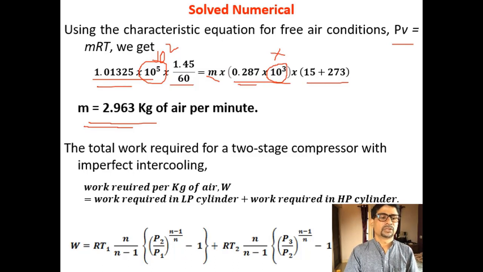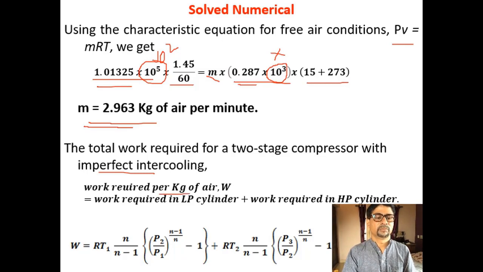Now let us find out the total work required for a two-stage compressor with imperfect intercooling. After the intercooler, the temperature will not come back to the initial temperature of the air taken into the LP cylinder. So work required per kg of air, W, is the work required in the LP cylinder plus the work required in the HP cylinder. For the LP cylinder, it is R T1 n by n minus 1 (P2 by P1) to the power n minus 1 by n, whereas for the HP cylinder, R T2 n by n minus 1 (P3 by P2)...